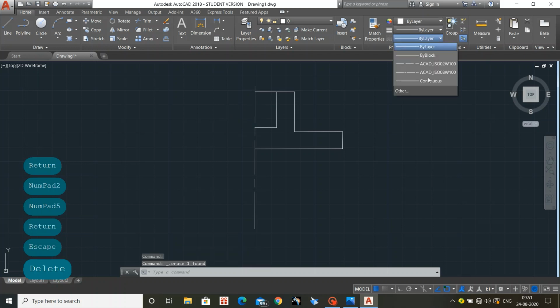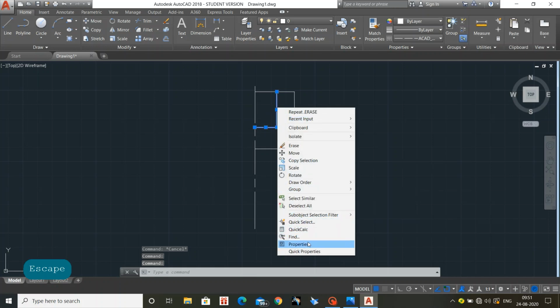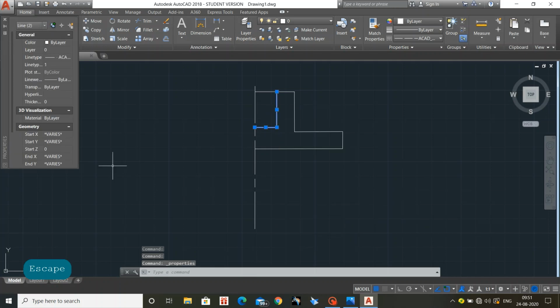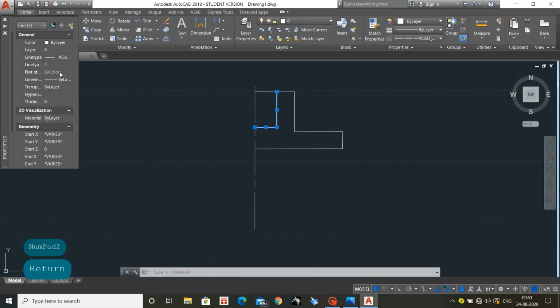So changing these two into continuous dashed lines. So it represents the hidden objects. So that is the intention for drawing the dashed lines. So I would like to change the dimensions of the dashed lines because after zooming out the image, it will be very clumsy. So in order to avoid that, I am changing the line type.